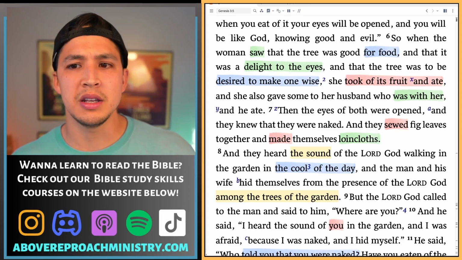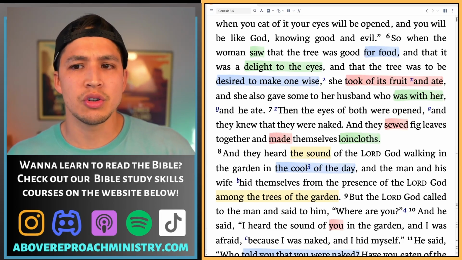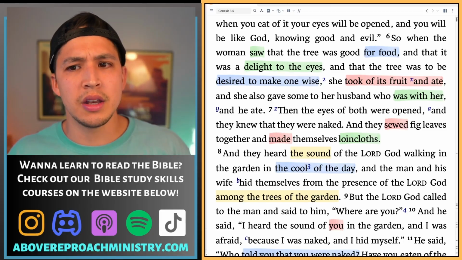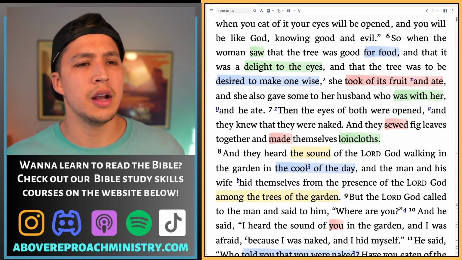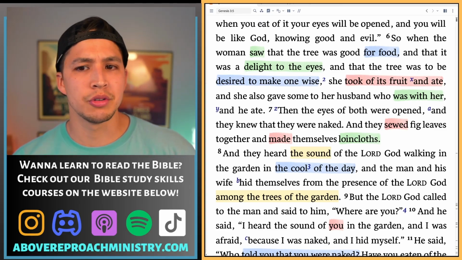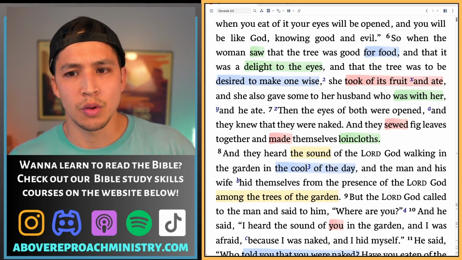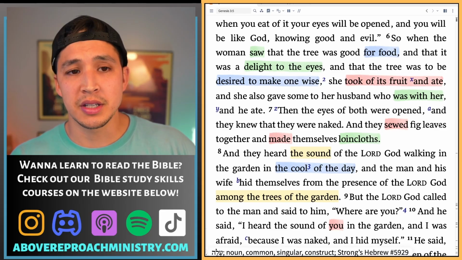What does it even mean to be naked and then realize that? Why is it their natural response to this knowledge to cover up their nakedness? How did they know to respond by sewing fig leaves? How did they know to even cover that up? Where did that impulse come from? Why does the story highlight that these were fig leaves specifically?